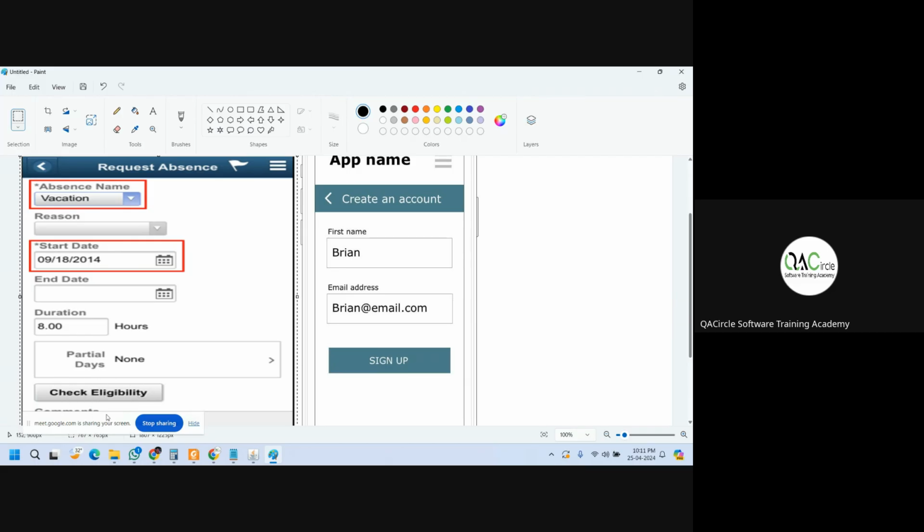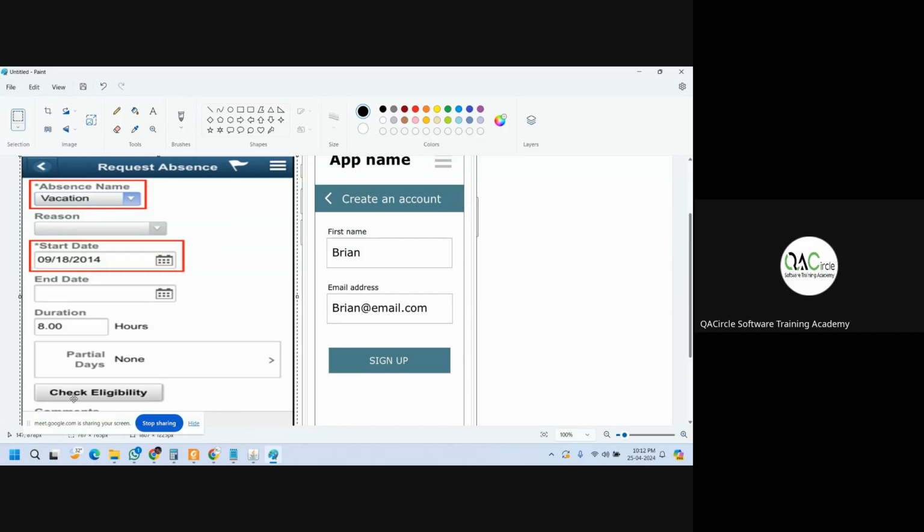Okay, your submit button, the last button which will be there. Okay, the last main button, the submit button will be enabled. Assume that this is a mandatory field. There are other two fields. There is one more field called start date. You fill in vacation, reason, you fill in some option here, you leave this blank, you enter the end date, you enter the duration. Okay, you select something here. And now if you click on check eligibility, should you be allowed to click on check eligibility or not? No, ma'am. So these are all some basic things which you have used in many of the applications